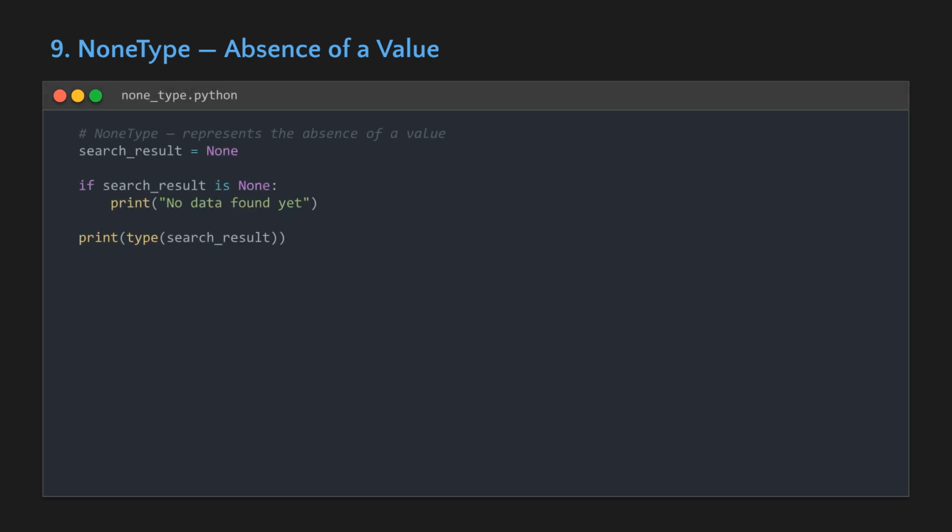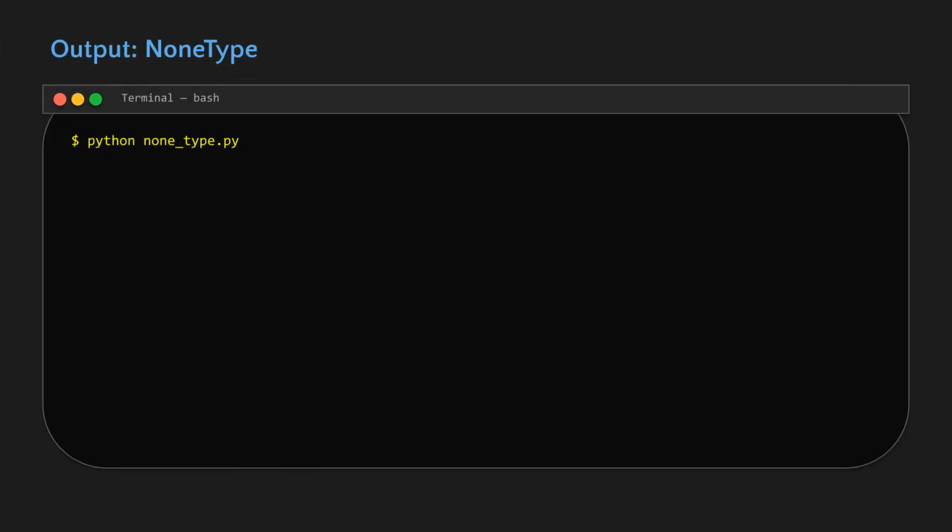Finally, None type represents the absence of a value. It is often used to initialize variables where no value is assigned yet, or to signify a search operation that returned no result. The output confirms the if condition is met, printing the message and confirming the variable's type as